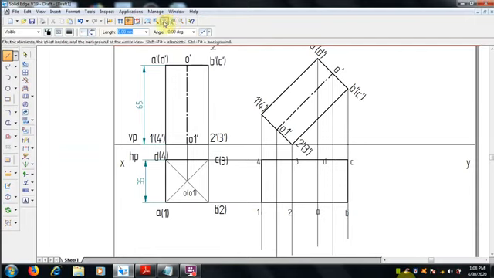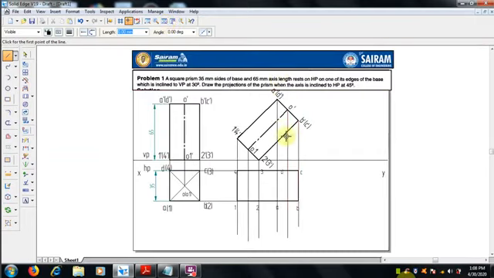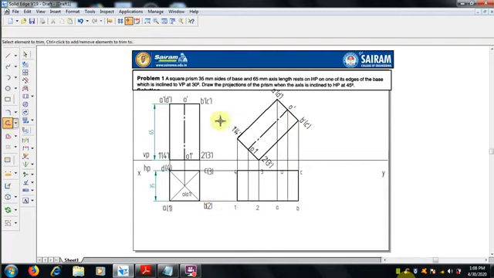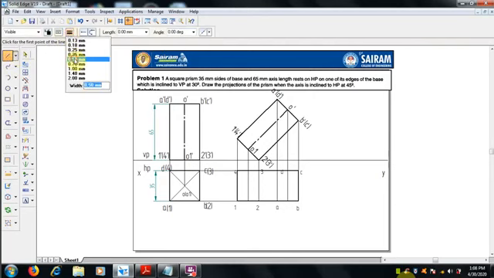First we will draw the boundary, that is from the top. If you see, this is the maximum coverage of it. Once it is over, then we can show which is visible and which is invisible. When we are seeing from the top, the edge 2 3 is invisible, but the AD edge is a visible edge.